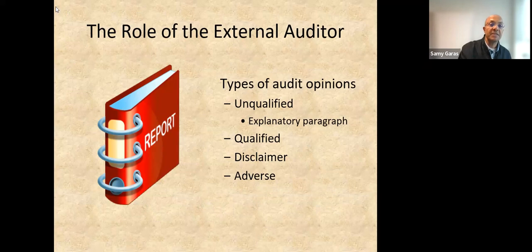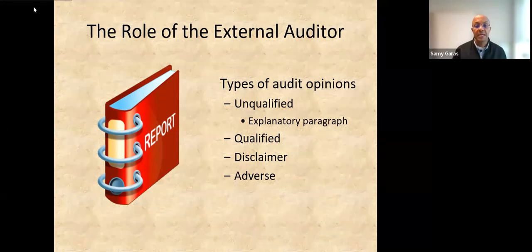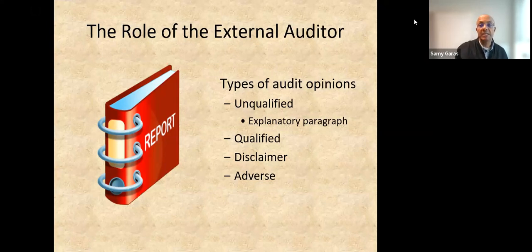And if the management is doing good and doesn't need any further investigation, usually the management, they take unqualified opinion. So unqualified opinion, as you can see on the screen here, it's the best, which means that the management did a great job in setting up all the financial statements according to the US GAAP.